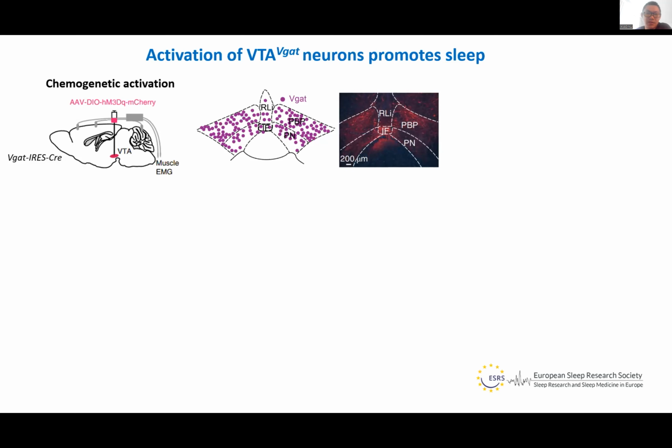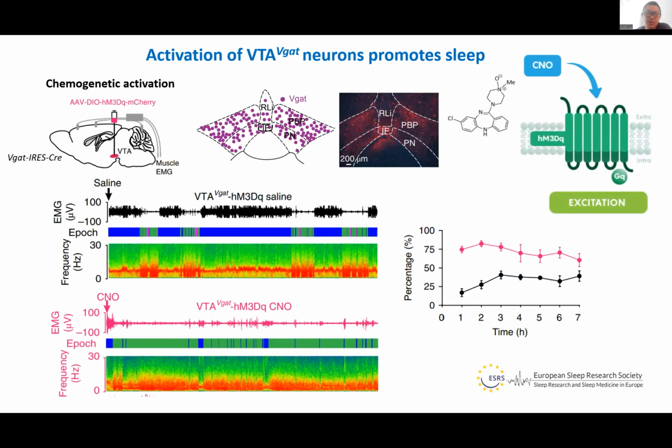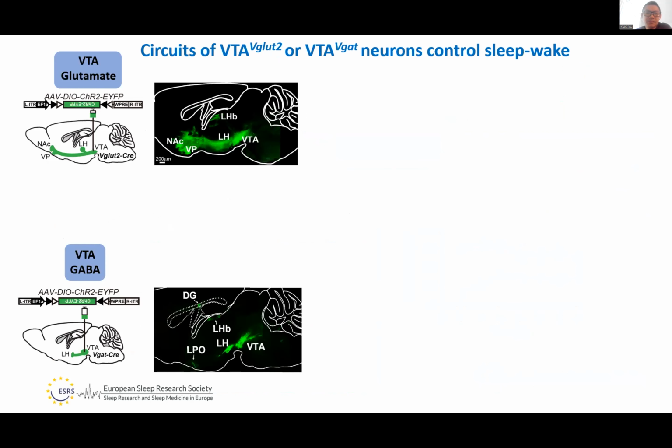So we expressed excitatory hM3Dq receptors in VTA wake group 2 cells, and we found chemogenetic activation of the VGAT population in the VTA produces long-lasting non-REM sleep for about 7 hours. We then undertook channelrhodopsin-based tracing to look at the downstream targets. As we can see, there's a dense long projection of VTA wake group 2 cells to the lateral hypothalamus, LH,